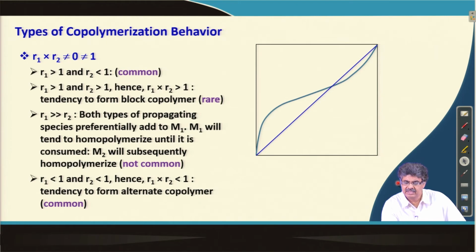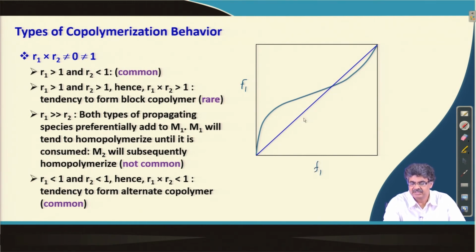So, for this case where R1 is less than 1 and R2 is less than 1, or both R1 and R2 are greater than 1, which is not very common. In this case we actually get this type of